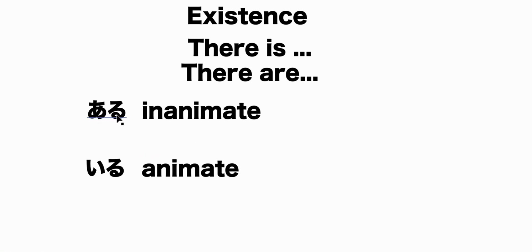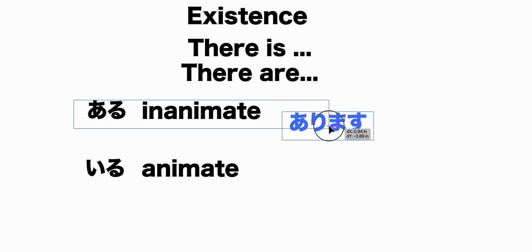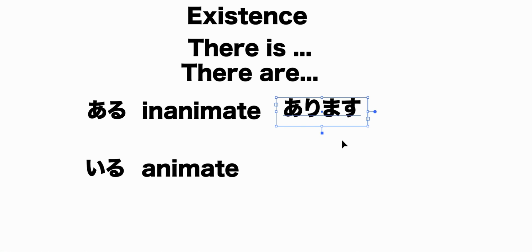Our first one, aru, has an a sound in front of the ru. So even though it ends in ru, it has an a sound in front of it, so it follows the group of everything else. That means the final u sound changes to i and you add masu. So you get arimasu. Iru, however, has an i sound in front of the ru. And we know that verbs that have an i or an e sound in front of their ru at the end drop the ru and add masu. So iru, masu form, would be imasu. If you didn't get those right or you're totally confused, go back and look at verbs again.